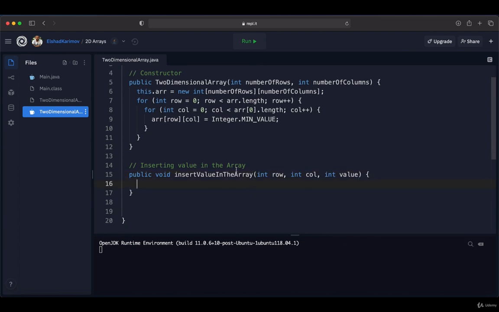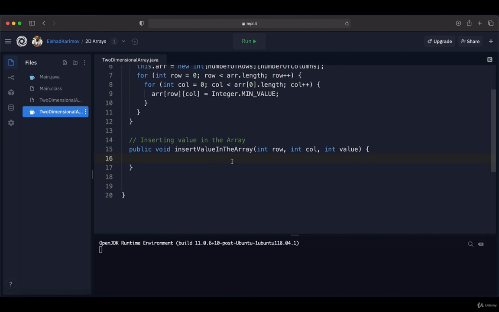Then one more time, to prevent an index exception, I'm going to write our code inside a try and catch block, because as an exception we are going to use ArrayIndexOutOfBoundsException. We know that if the maximum row and column index is, for example, 2, and we put 3 over here, Java will give us an error.